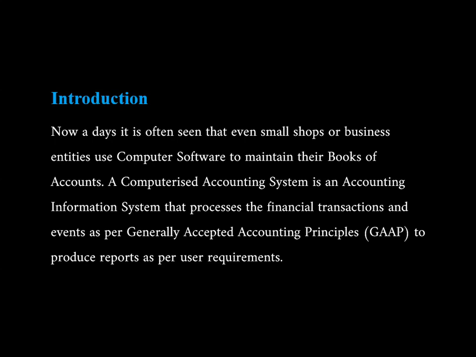And finally, once the input is over and processing is over, then the output, that is called the report. Based on the ledger and accounting voucher, you will get a report, that is profit and loss account, balance sheet, day book, trial balance, GST summary. So this is the working of accounting software. The software first accepts the data, then processes it through the entries, and then displays the report. The process of accounting software is so simple.